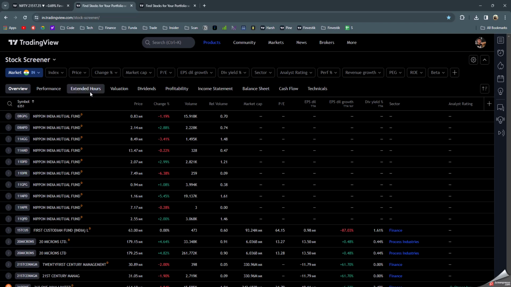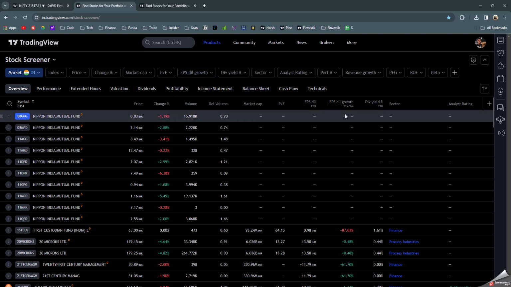So here you generally see a few normal tabs: performance, valuation, or a technicals tab. And in the boxes above you can see index, price and all. If I give you a general overview, this screener is